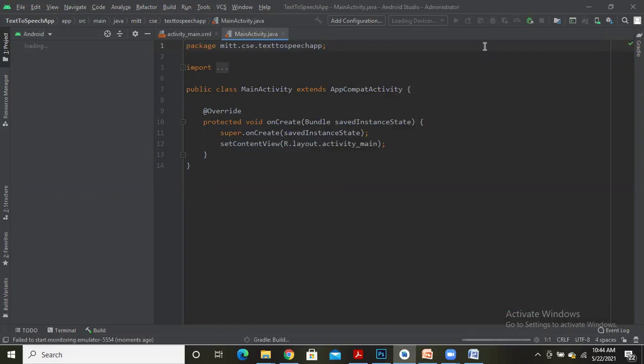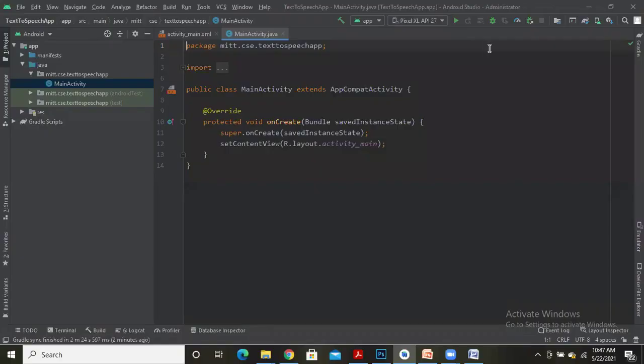Android Studio takes a few minutes to load the project. Once the project is loaded, you can see two files opened. One is MainActivity.java and another is activity_main.xml. The project structure will be shown at the left hand side of your screen.